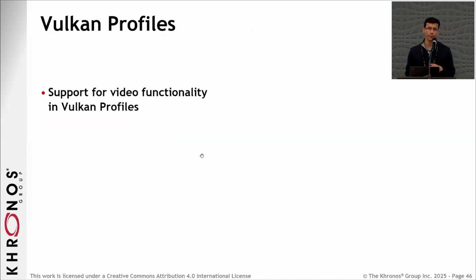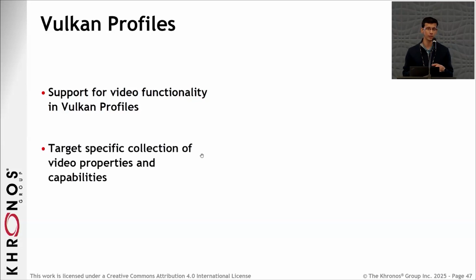All right. So Vulkan profiles, again, as everybody here knows. They are a way of expressing the use case that applications are interested in by listing the properties or capabilities that make up that use case, put that in a JSON schema, and then feed it to various tools and look for whether implementations support that combination. So the update related to Vulkan profiles is that Vulkan profiles now support video properties and video capabilities.